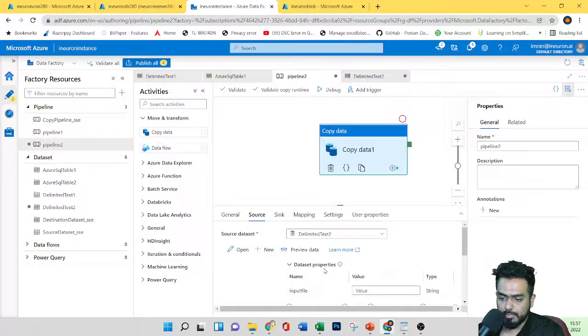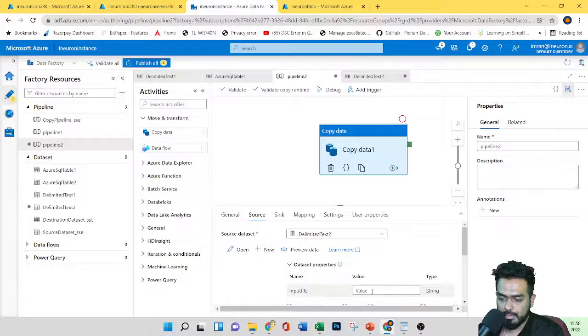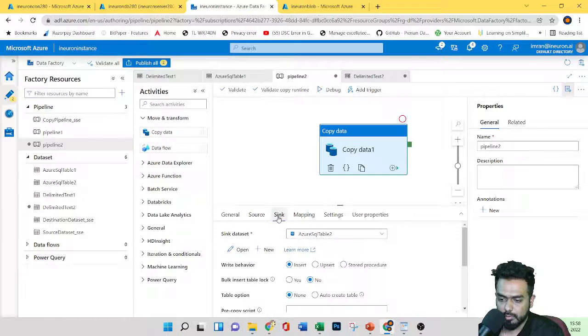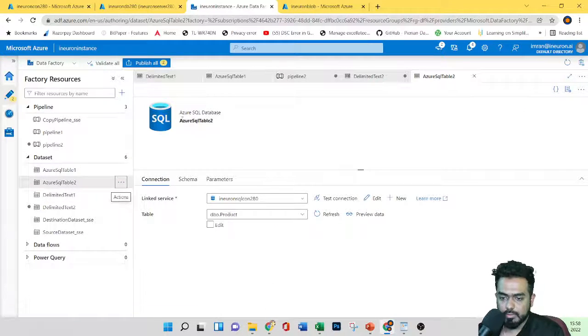Under pipeline 2, you can see here there is an input file, right? Let's give a value later. Now I'll go to the sink. Here we have Azure SQL table 2, so I'll go to Azure SQL table 2 and click on open. Let's click edit, and instead of directly adding to the product table, I'll